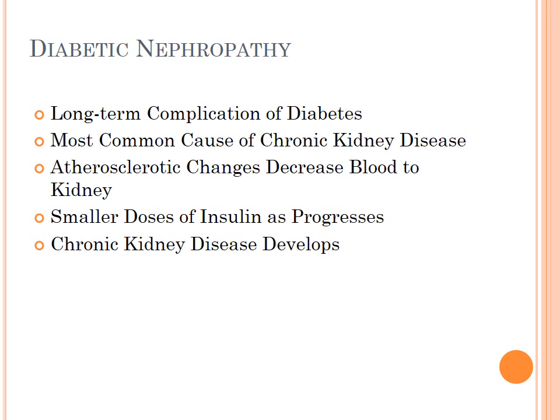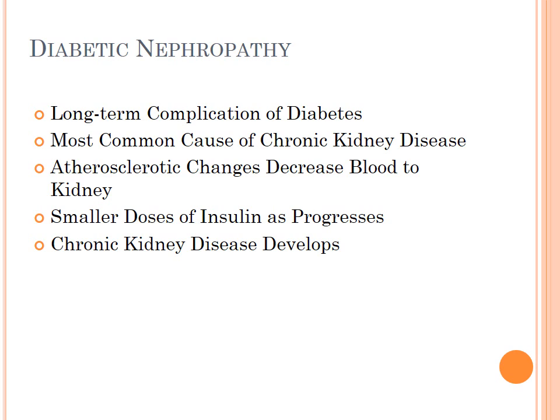So symptoms of diabetic nephropathy is microalbuminuria, which is small amounts of albumin advancing to larger amounts of protein in the urine, proteinuria. Hypertension can complicate things, make things worse. As it progresses, you see decrease in urine output, increased toxic waste in the blood, and development of chronic kidney disease. Complications include